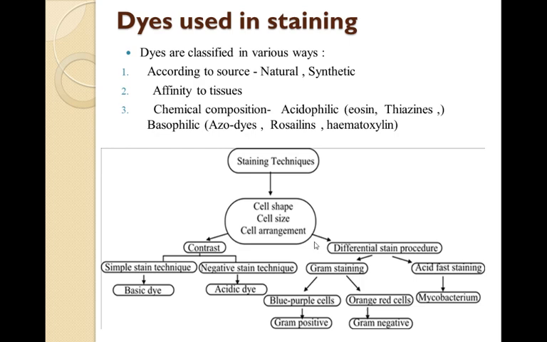Acid-fast staining is a differential staining used to identify acid-fast organisms, that is, members of the genus Mycobacterium. Acid-fast organisms are characterized by a wax-like, nearly impermeable cell wall. They contain mycolic acid and a large amount of fatty acids and waxes. So what happens in this staining? I would like to discuss it in detail here.